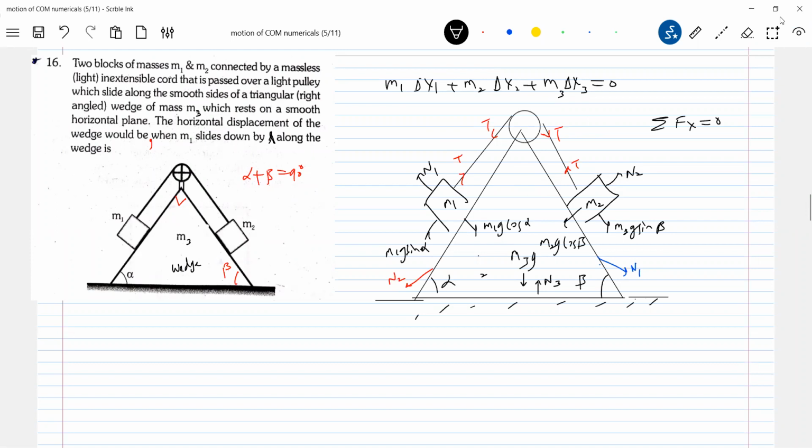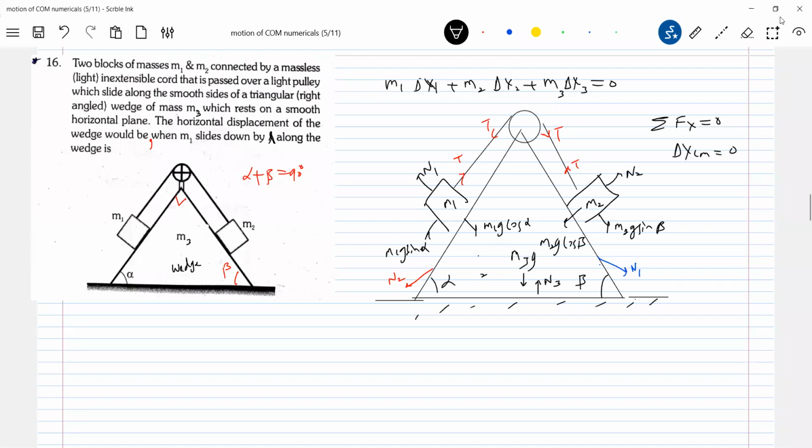The blocks will undergo displacement along the x-axis. The wedge will undergo displacement along the x-axis, but the center of mass of the system will be at rest because the system is released from rest. Net external force is 0, so acceleration of the center of mass is 0. Initially the center of mass is at rest, so it will retain its rest position. The center of mass will not shift. So therefore,